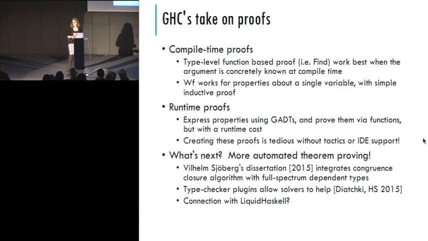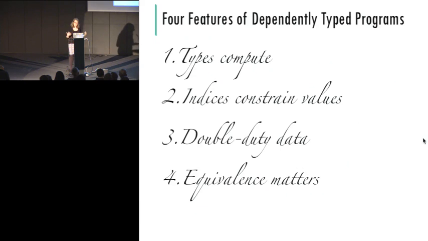automatically, right? Some of the ways forward: Wilhelm Schoberg, in his dissertation, talks about congruence closure and integrating that with dependent types. There's also a way to plug in arbitrary solvers, like SMT solvers, into Haskell's type system. Or maybe there's a way, from the verification that Liquid Haskell does, to integrate that with what we have. So I've shown you these 4 features of dependently typed programming, and I'm hoping to convince you of 2 things,